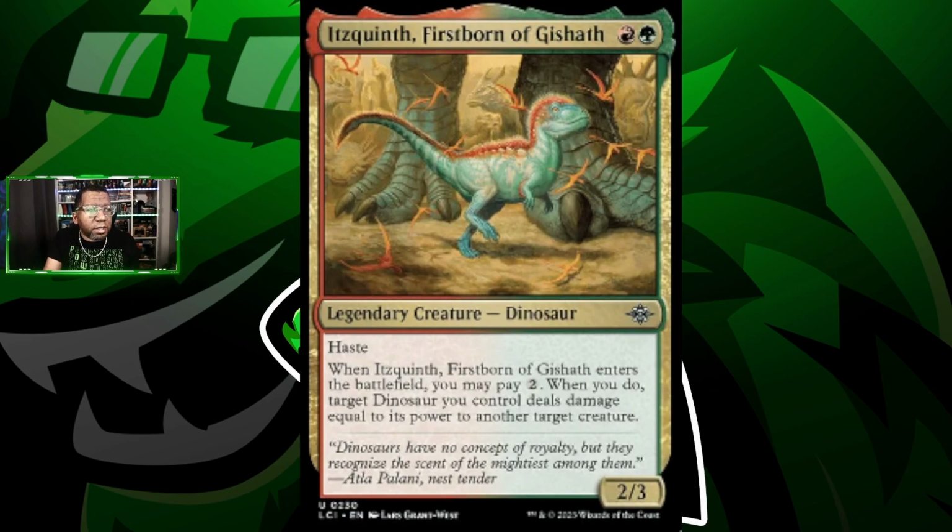Now, we don't have a ton of spells, so playing something like Ixalan, I think is how we say that, is actually really good because when another dinosaur comes into play, you can pay 2 mana, and then that'll allow you to actually fight something. So that's another way we can get things out of the way, especially since we're likely to have the largest